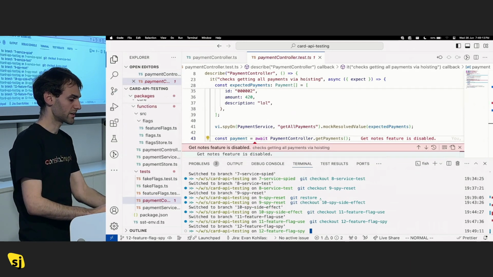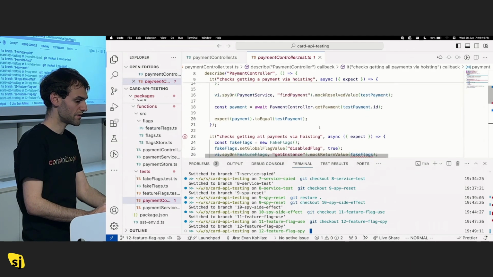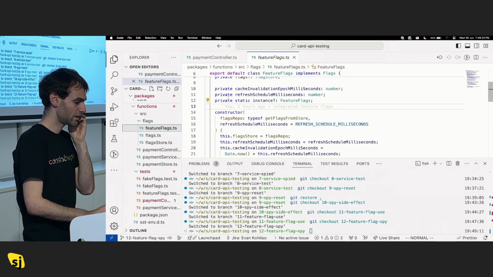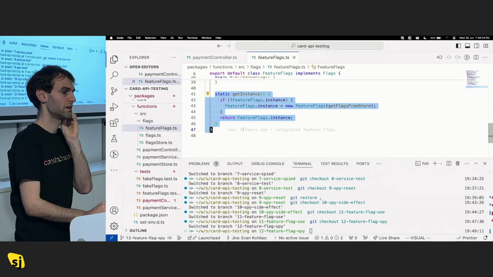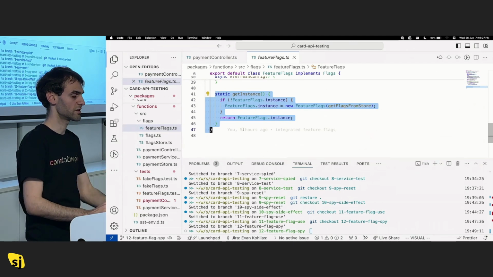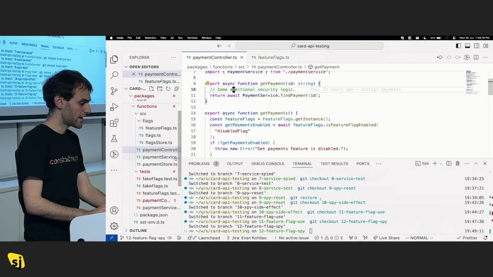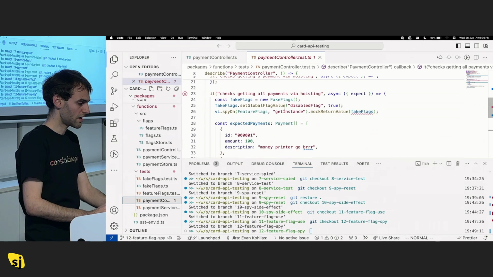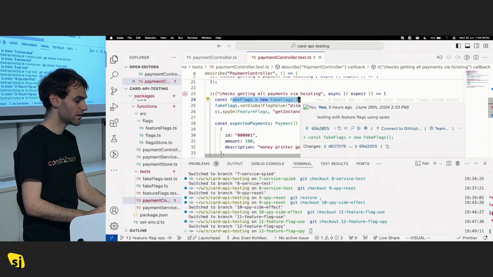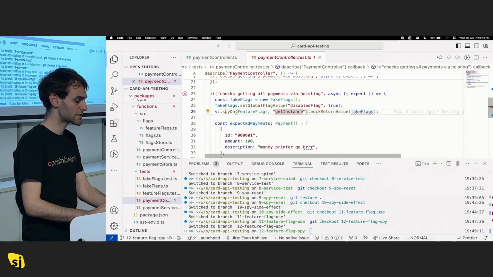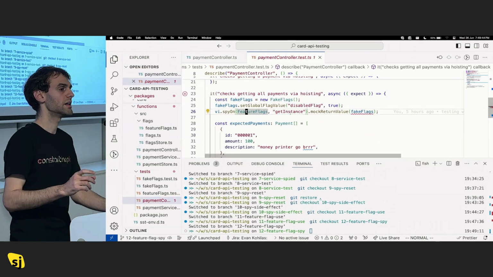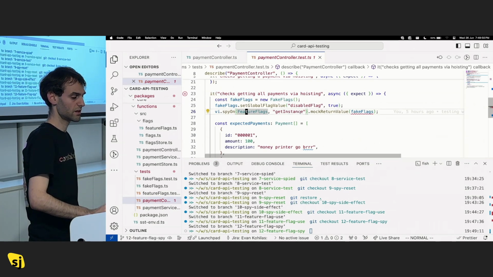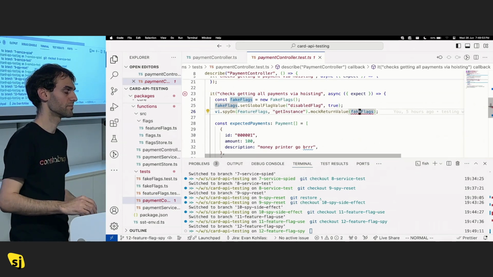Let's try spying on feature flags. And that is, what we'll do is we'll change the way we've written our feature flags to instead include this get instance method. And essentially it returns this singleton that constructs the object. And then in our payments controller test, I create this fake flags and I spy on the feature flags get instance method and tell it, hey, when you call this get instance, instead of returning the real instance, now return this fake flags object. And